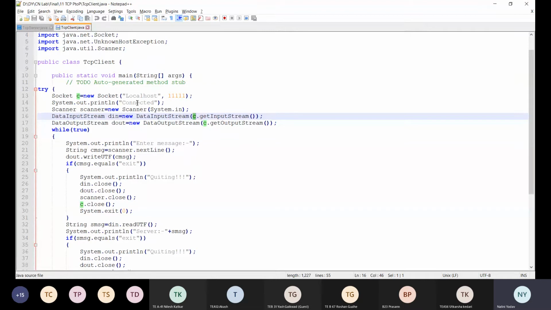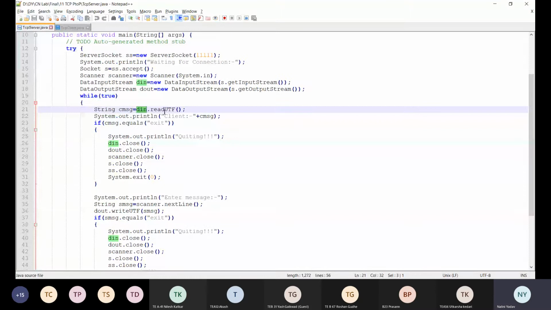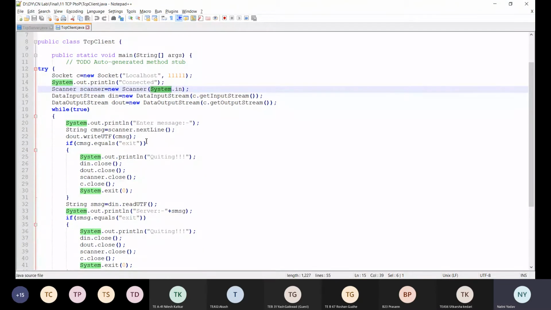So consecutively the client and server have to send some messages. That message is entered by the user, and that's the reason we are taking the input from the standard input device. You can see here, input is read from the standard input device, and that will be passed through a data stream to the client. Fine. All of this is happening in a while(true) loop, because we need a continuous chat application.